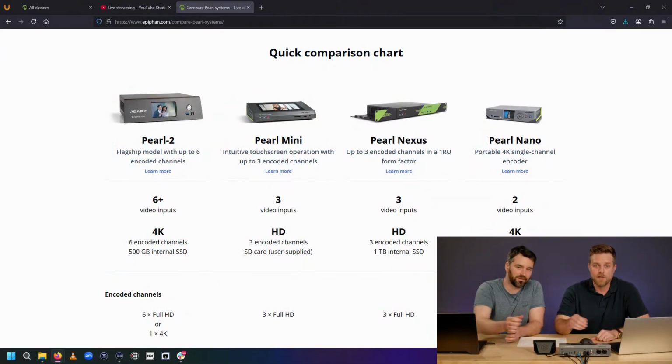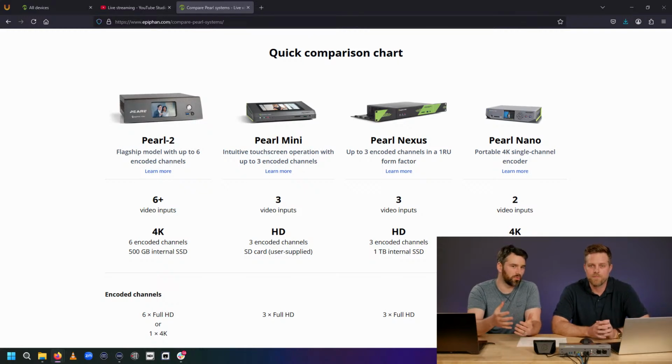Now, while folks are trickling in, Ryan, you wanted to very quickly run down the fleet of the Pearl family of products. One thing I'm excited about with this webinar is that it is going to be mostly practical. There are no slides today. We're just going to quickly talk about the stack here, and then we're going to get right into it.